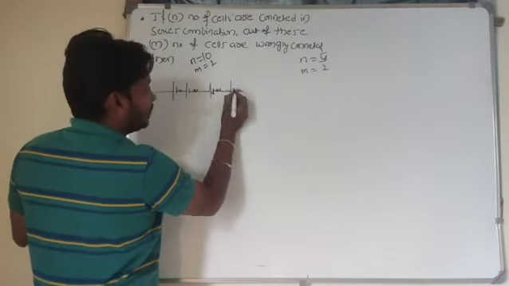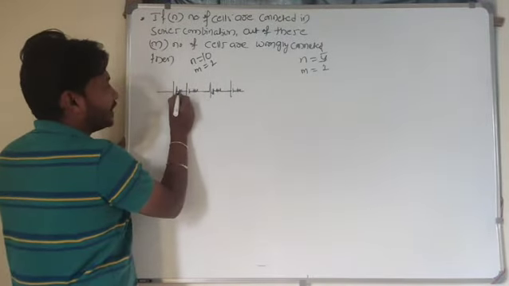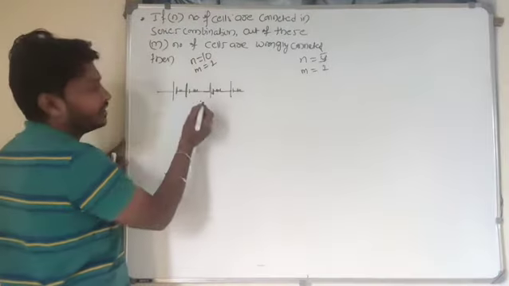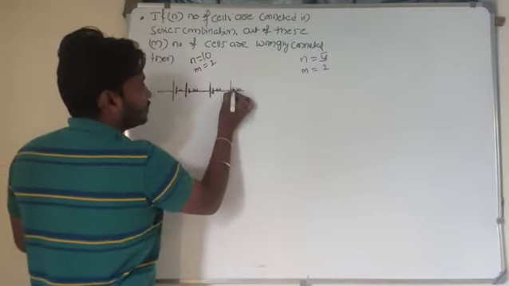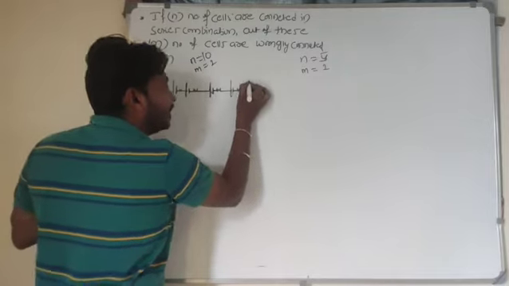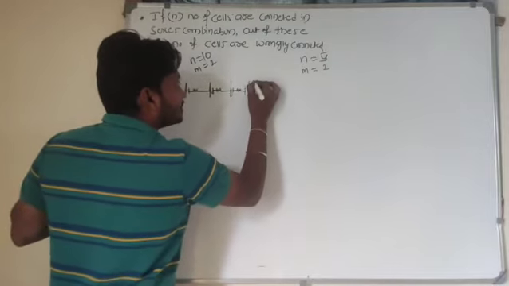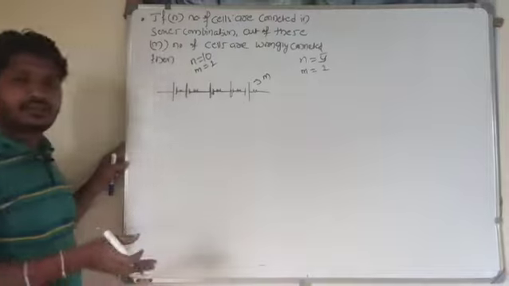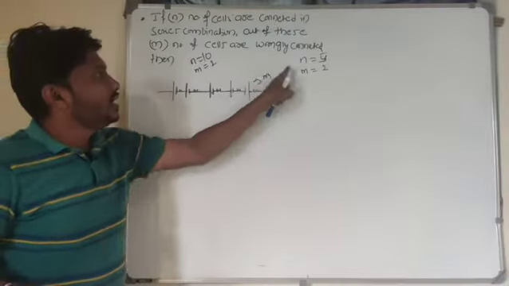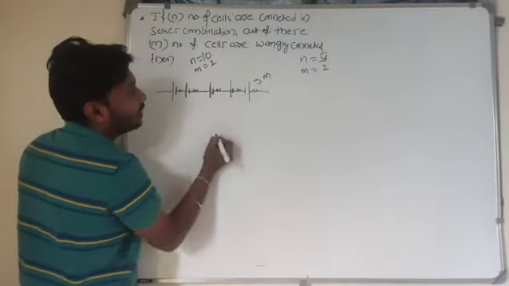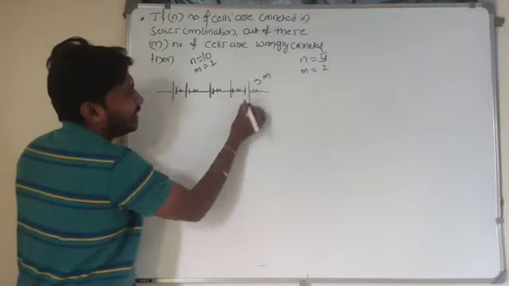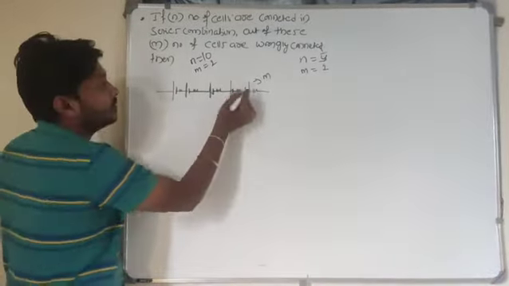So look here, the negative terminal of the first cell is connected to the positive terminal of the other cell. This is right: negative terminal to positive, negative to positive. But again negative to negative here, so one cell is wrongly connected. Out of n number of cells, m number of cells are connected in wrong connection. If the negative terminal of one cell is again connected to the negative terminal of the other cell, means these two